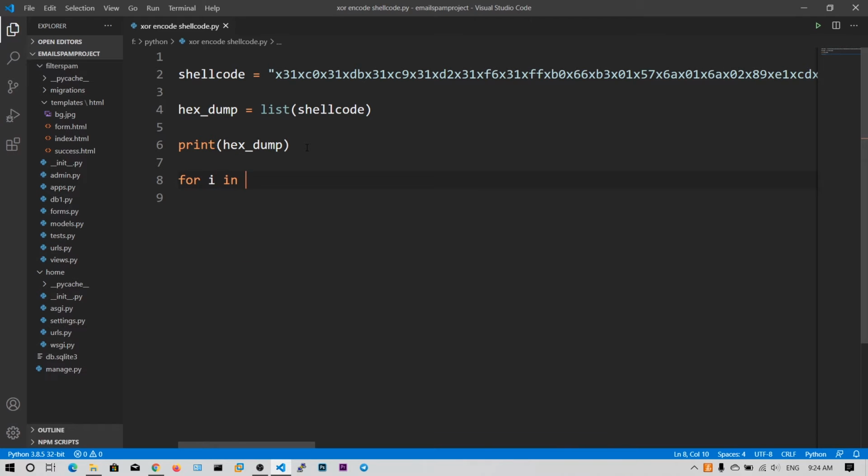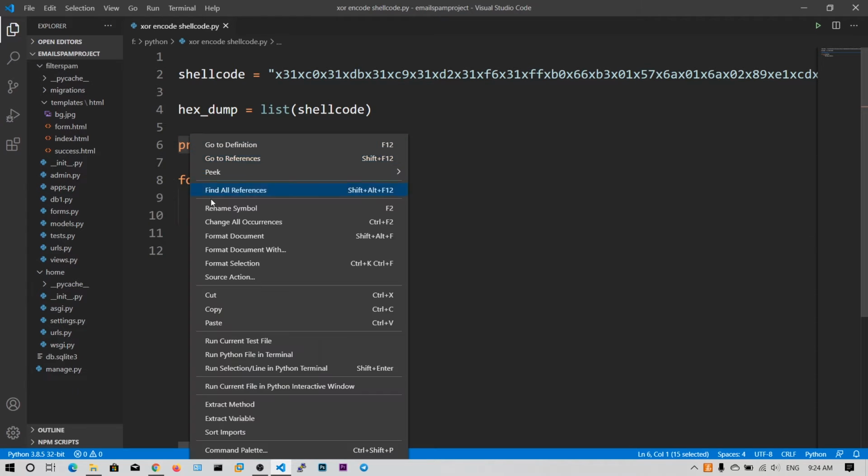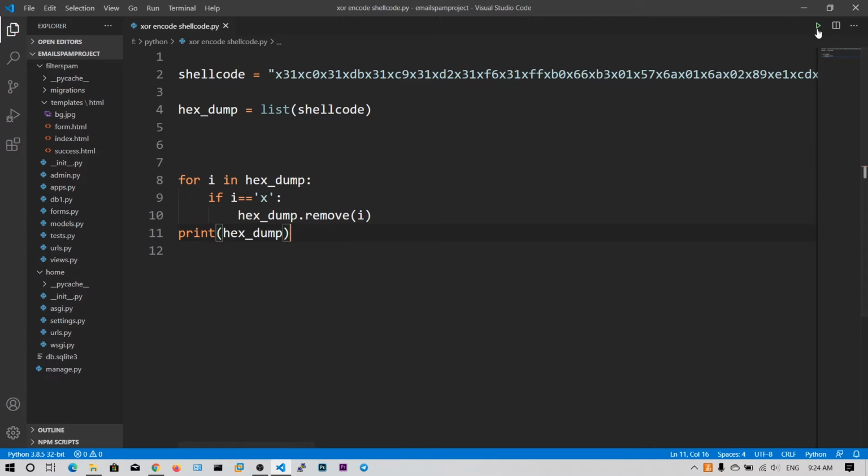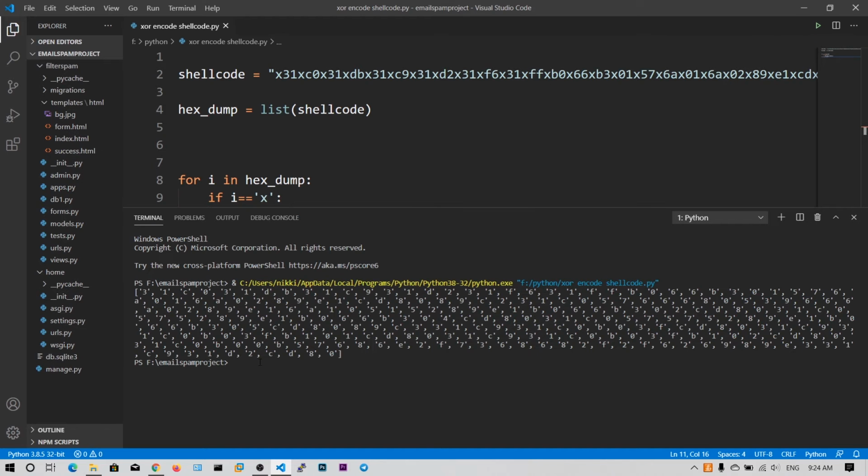For i in hex dump, if i is equal to x, then we need to say hex dump dot remove of i, right? Now let me cut this statement and paste it in here. Now we should see there is no x. Perfect. There is 31, C0 and again 31 and DB, right?